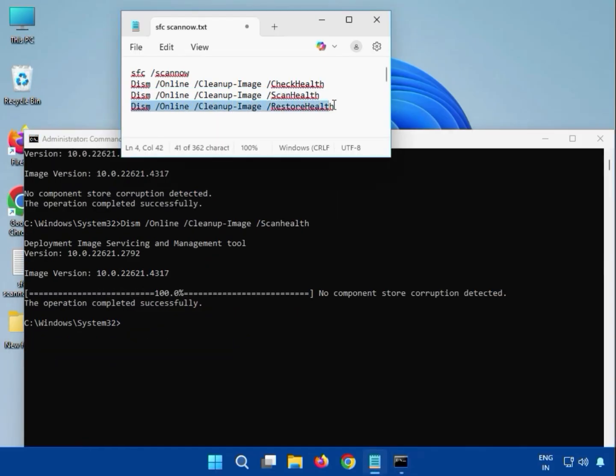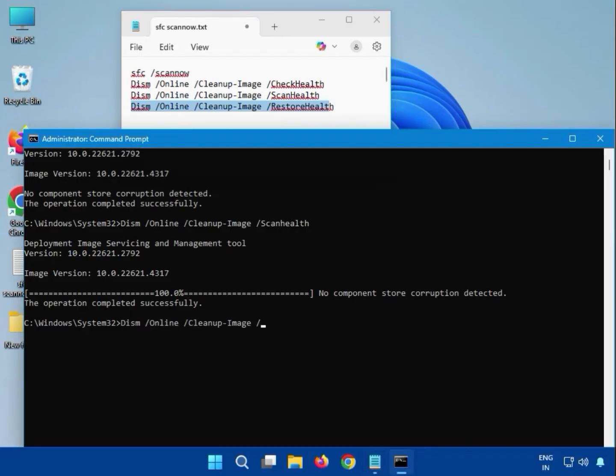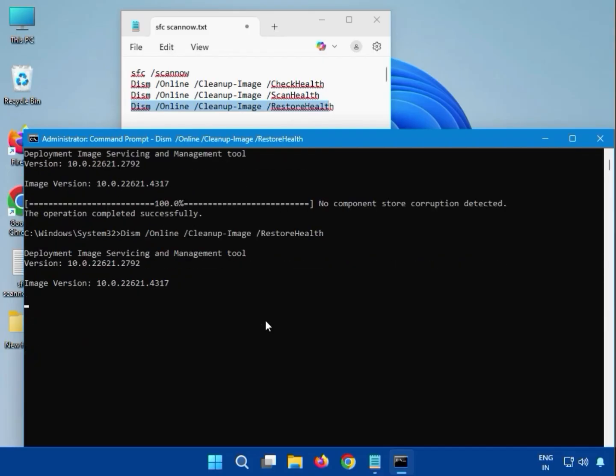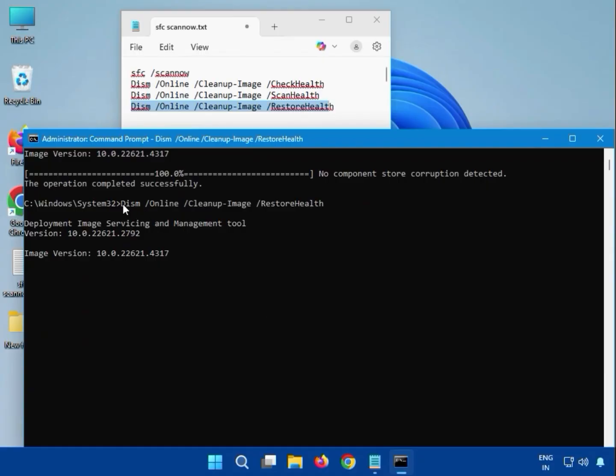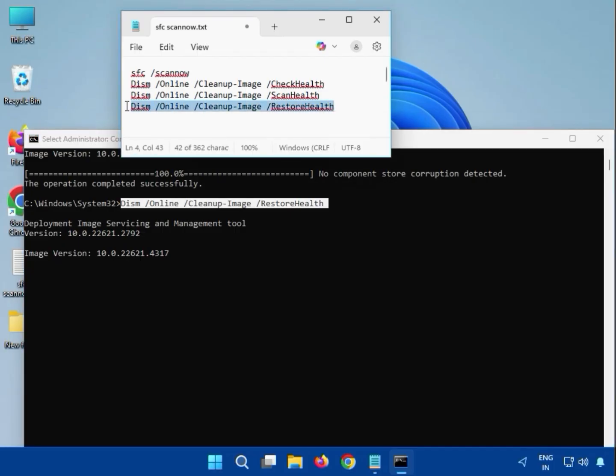Then guys, the fourth one, which is restore health. You can enter like DISM and all. And please note small and capital letters. Okay, restore health, and then hit enter. Again, guys, you have to wait. Okay, it starts the percentage. It will complete. After that, you can see here